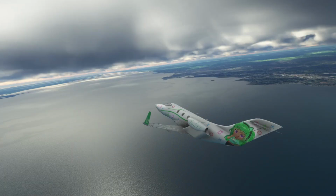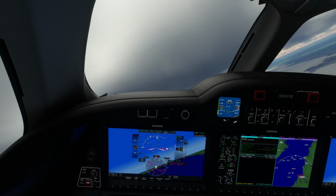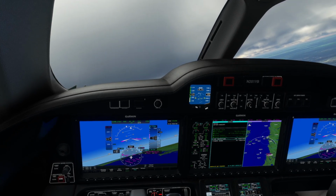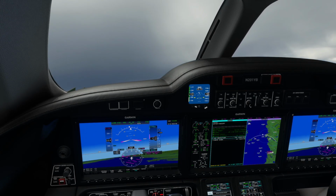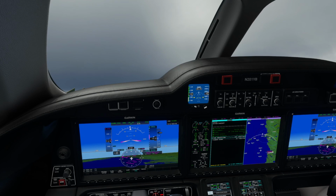Over Long Island Sound, and we'll be flying just north of New York City to our first destination. Now I'm going to set our cruise altitude at this point to 40,000 feet. In real life, this would not be the case. If you had air traffic control, they would step you up. But yeah, for our purposes, we'll just go ahead and...